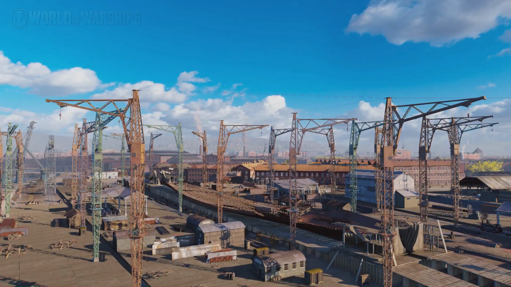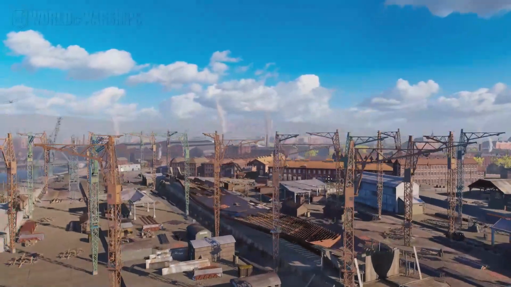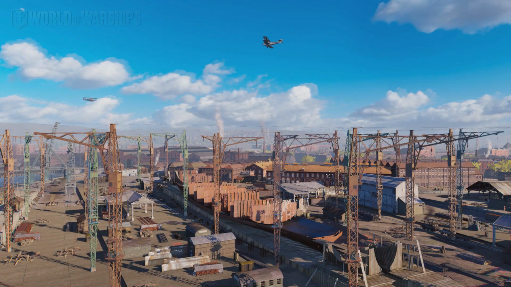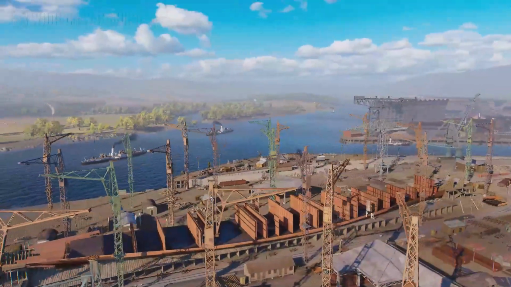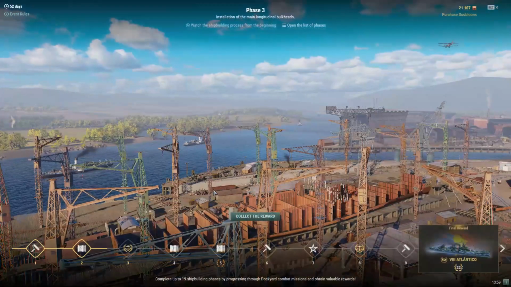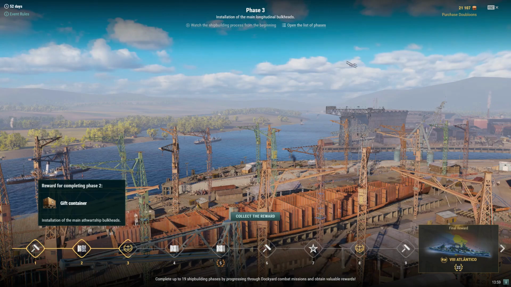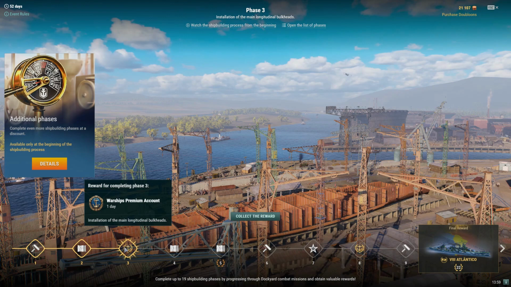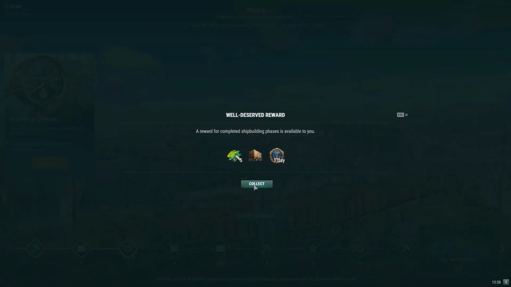So if you want to take away everything on the screen, you just hold the right mouse key. And that helps you kind of see more the ship coming to life. There's some planes slowly flying above. What's nice is it also tells you installation of the main athwart ship bulkheads and installation of the main longitudinal bulkheads. Okay, so we're going to collect the reward, pick that up,